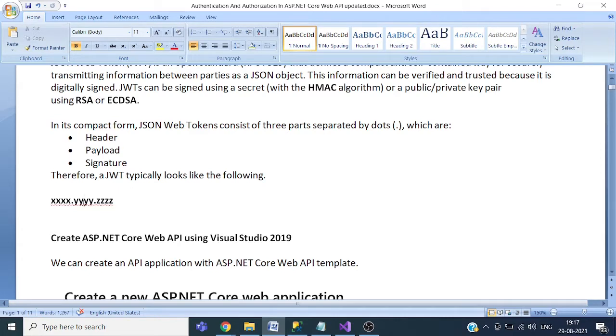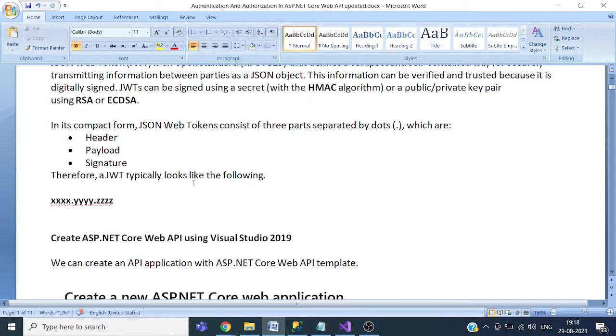If anyone changes something in the header or payload, then upon receiving the token again on the server side, the server will compute the hash again and match the hash. If there is any change in the data, the generated hash will be different. So using this approach, the server will identify that someone has changed the data, and it will invalidate the token. Using this approach, the server identifies whether a token is genuine or not.